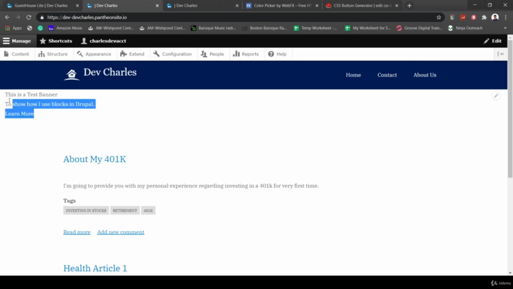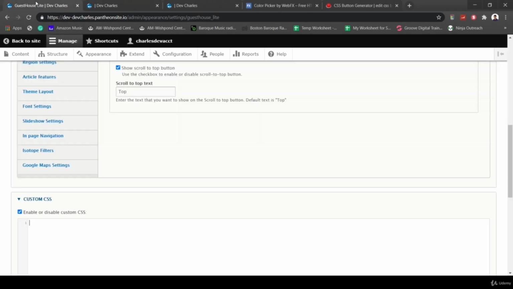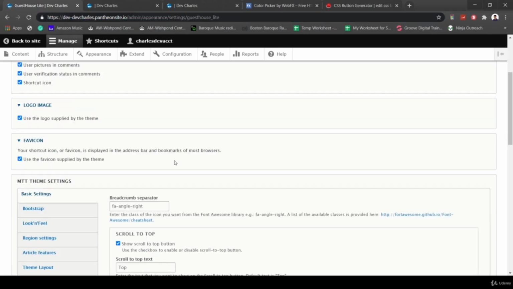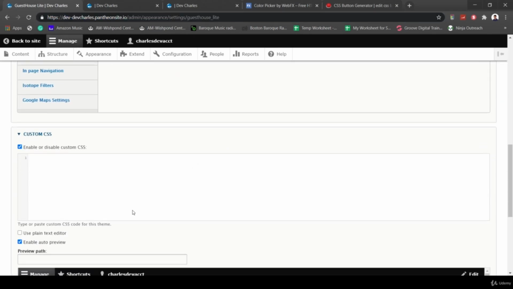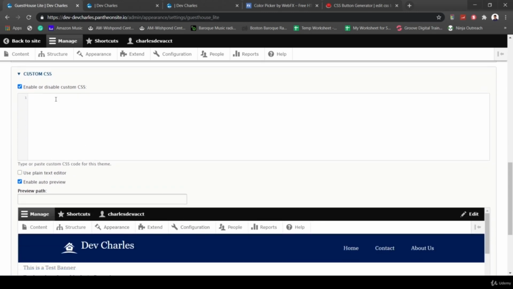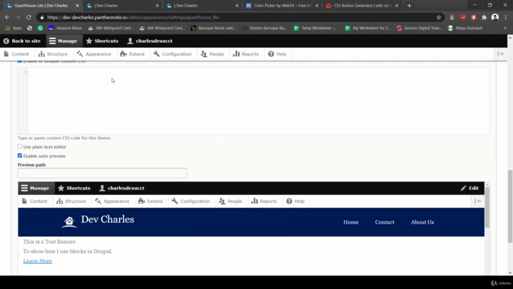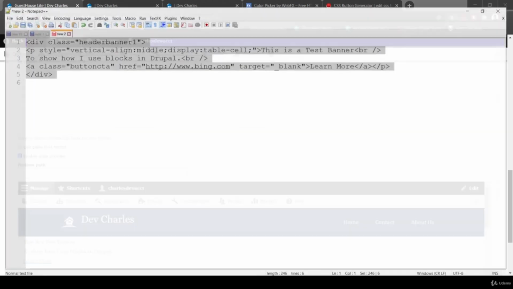So now I have this banner text here, and I'm going to style this region to make it look better. And then if I reload my CSS editor by accessing my theme, I'm going to go to Settings, go to my theme settings, and let me just reload this page. And then go into my custom CSS editor here using, again, the CSS editor module. And then I'm going to style this. There is this auto preview here. It works most of the time. There's some code that it doesn't work with,